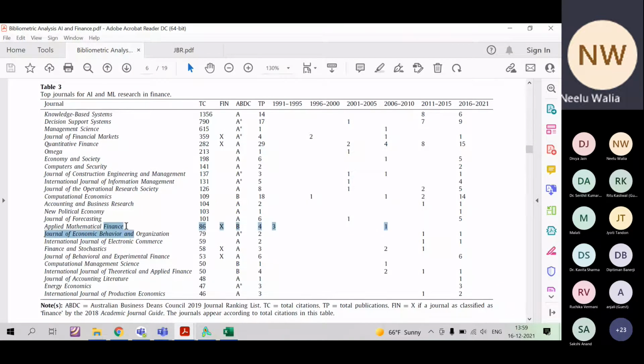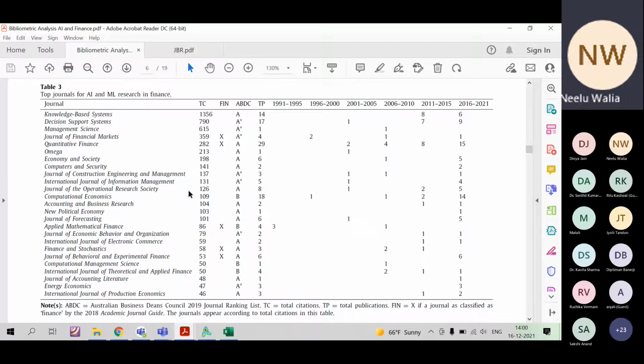Here also you can see finance, and stochastic, Journal of, you will find the finance term. So it indicates that there are journals where the word finance appears, or it is not a specific journal of finance, but still AI and ML based research papers are published in it.